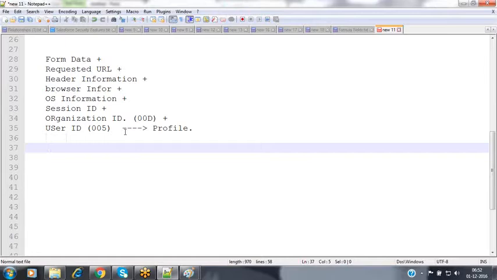For this user ID, what profile is associated? That is where we have specified all the permissions for these users. It will look into the profile and verify what permissions this user has. Based on those permissions, it will allow this user to perform that operation inside your application. So each and every user request is authorized by the Force.com platform, and inside the platform it references that profile to verify whether the user has the rights to perform this operation or not.